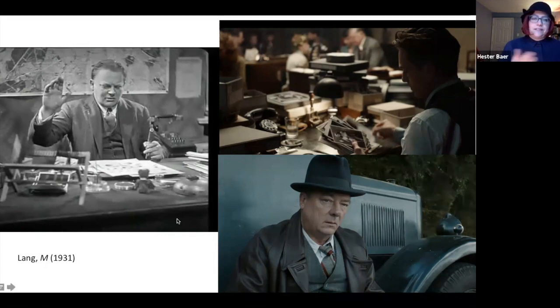And you can see here the inspector, Lohmann from Fritz Lang's M, who was a model actually for Ernst Gehnert, a historical figure who was actually the head of the criminal police in Berlin in the 20s, was the model both for Inspector Lohmann in Lang's M and is a character in Babylon Berlin. I think physically there's a great resemblance also between Lohmann and Inspector Wolter, Kommissar Bruno Wolter, who is Rath's partner in season 1 here.